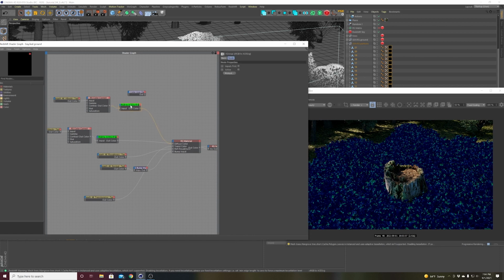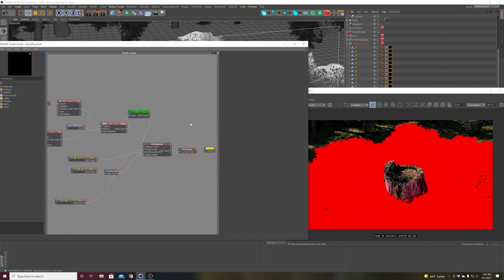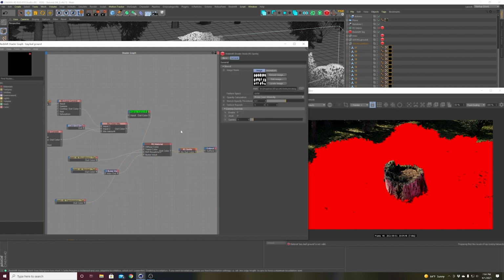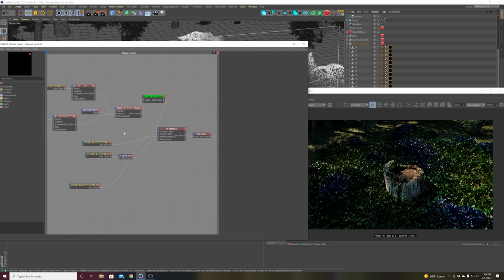Okay, so what I'm going to do is put down a color mix, and in the first slot I'm going to put our base color. In the second slot I'm going to put our fun color, and for the mix amount I'm going to use our new mask. Let me get rid of this, plug this guy in there, and make sure that's all connected up. So now you see we have blue leaves where everything was white, and green leaves where they weren't white. And we probably also